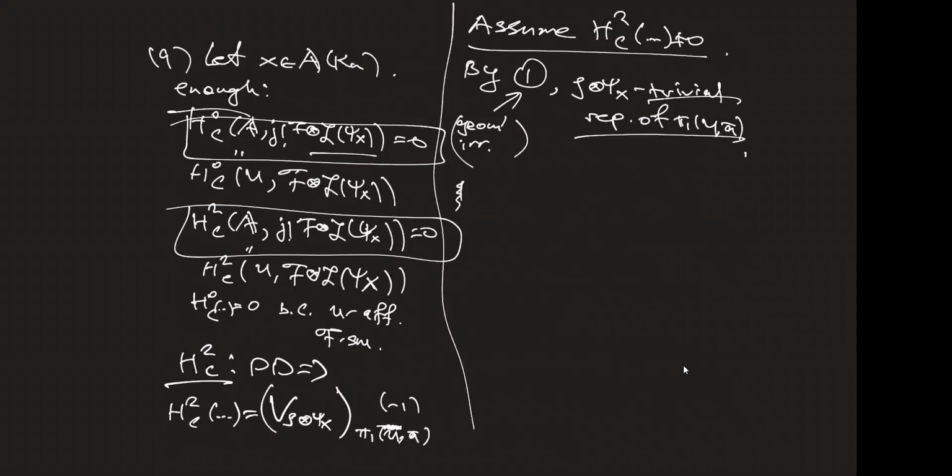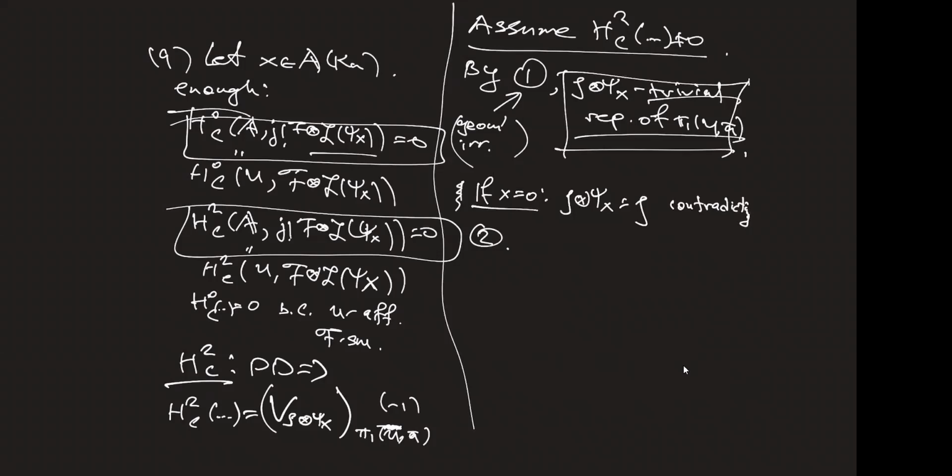So now we divide into 2 cases: if x equals 0 and if x is not equal to 0. So if x equals 0, then rho tensor psi(x) is rho, contradicting 2. Two is that it is geometrically non-constant, meaning that the representation on the geometric fundamental group is not the constant representation. Exactly. So if x is not 0,